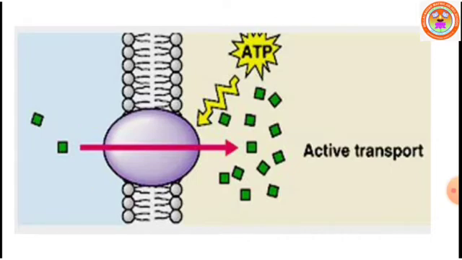These membrane-bound proteins are found in the outer layer of the plasma membrane or cell membrane. They take substances inside the cell through, or across, the plasma membrane using energy called ATP, adenosine triphosphate.